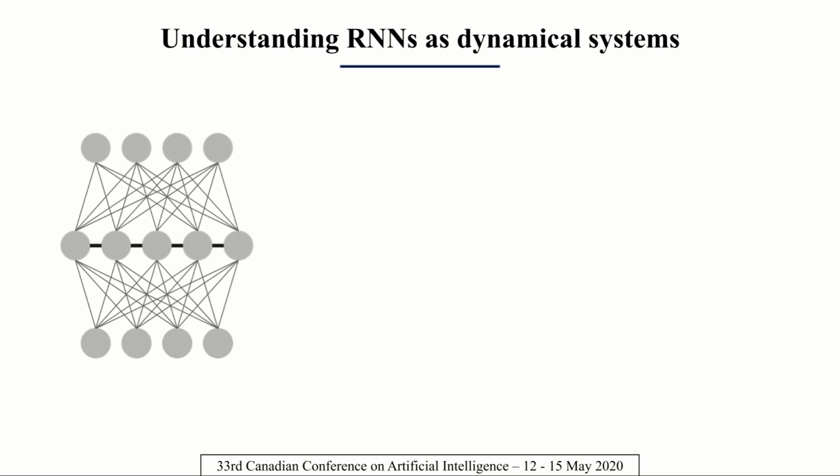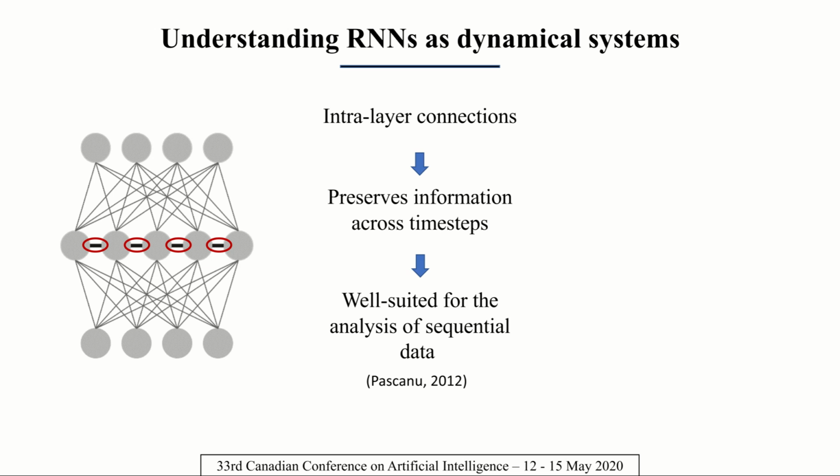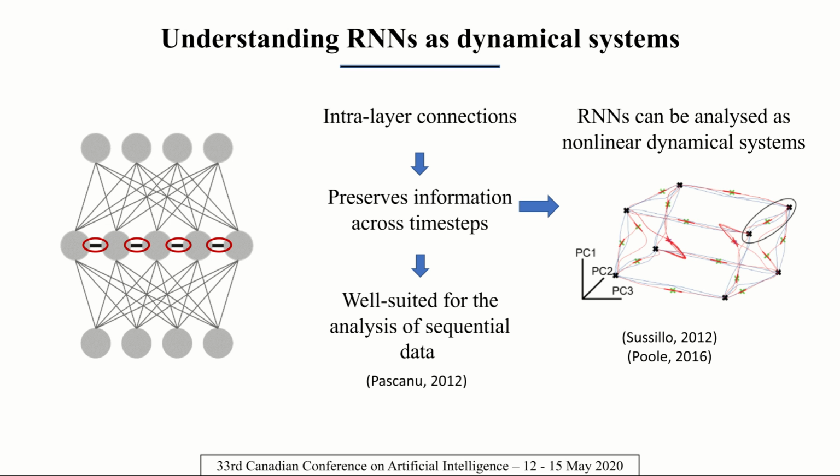Recurrent neural networks, or RNNs in short, are neural networks containing intralayer connections which allow them to keep information inside the network across multiple time steps. This makes them well suited for the analysis of sequential or time-dependent data, and it also suggests that the key to better understanding RNNs resides in analyzing them as nonlinear dynamical systems, as was done in multiple studies. The image here is taken from the Sussillo 2012 study, and it shows internal trajectories of RNNs projected in a